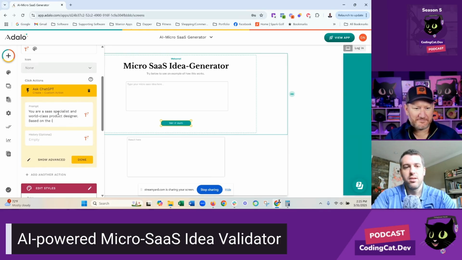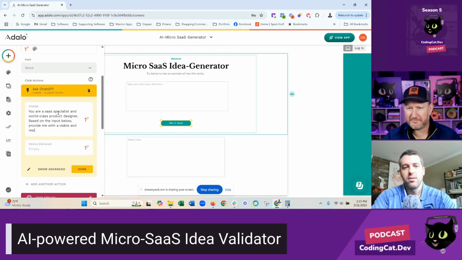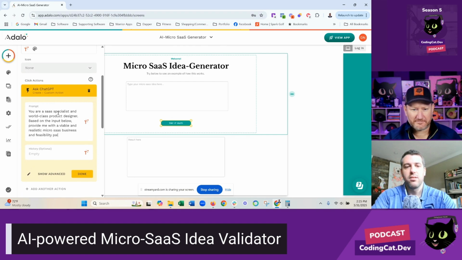Based on the input below, provide me with a viable and realistic micro SaaS business and feasibility plan based on this structure. And we'll do idea, dependency.